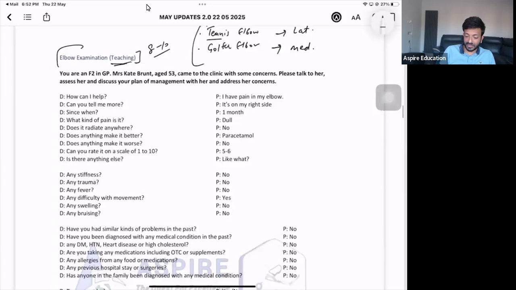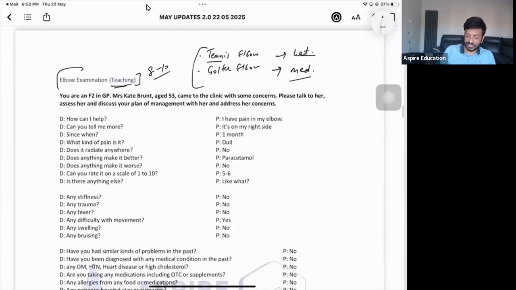So they'll tell you the pain either in the lateral or medial side. So you'll be able to see if it is tennis elbow or golfer's elbow. Now, one question to everybody. If the patient has got both lateral and medial epicondylitis, then what do you think, which sports am I playing or what is my occupation? Tell me. That scenario you will get in your exam soon.